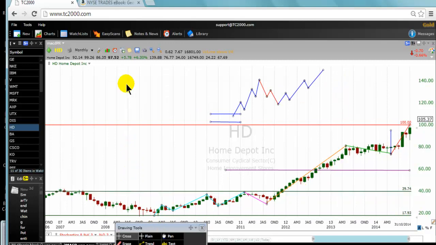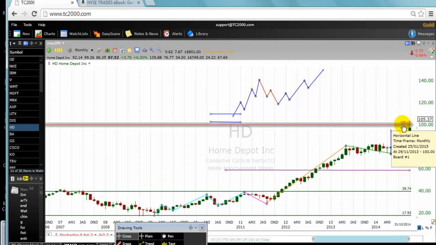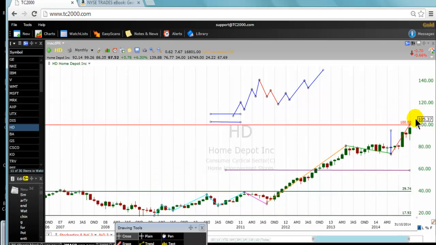I have counted some waves here looking at the monthly chart of Home Depot. Home Depot is an American stock listed on the Dow 30. I'll be coming back to this stock and I will be recording another video going deeper. What I will say to traders that are trading stock at this point in time is that Home Depot will find it a bit difficult to go over the level of 100. That's all I will say here. But stay tuned. I will be recording other videos very soon when I will go deeper into this wave count here on the monthly chart for Home Depot, ticker HD.